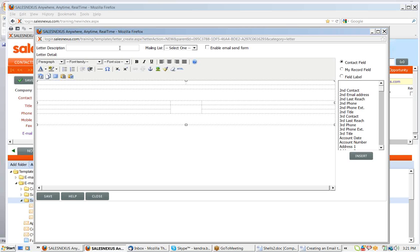Now, I do want to mention that for those of you who are just starting on doing your email templates, I've noticed in a lot of our clients' databases, we're starting to get some strange naming for letters. They're calling them letter 1, letter 2, and letter 3. That's fine if you only have 3 letters, but 6 months from now, will you remember what letter 1 means? So you want to give it something that's a little more constructive for finding it later. And by that, I mean putting in